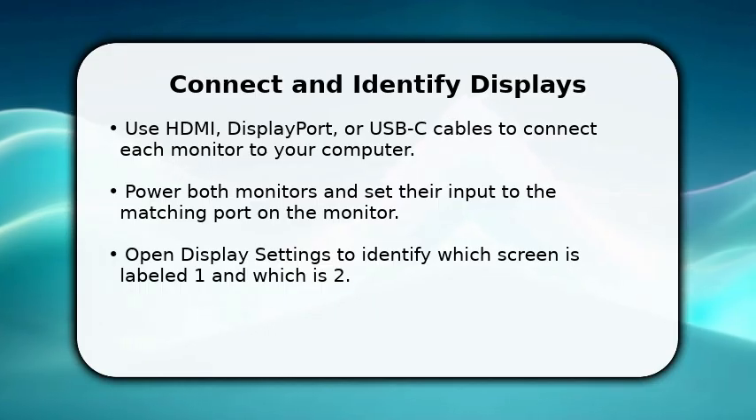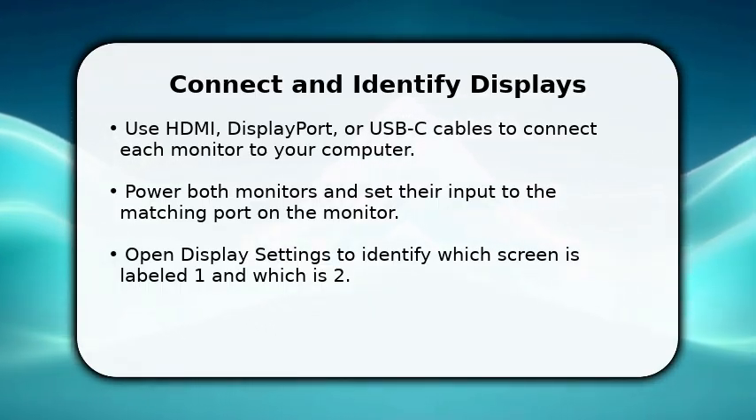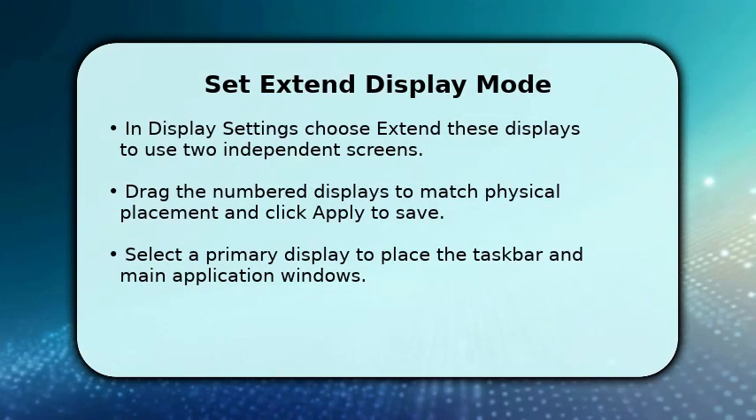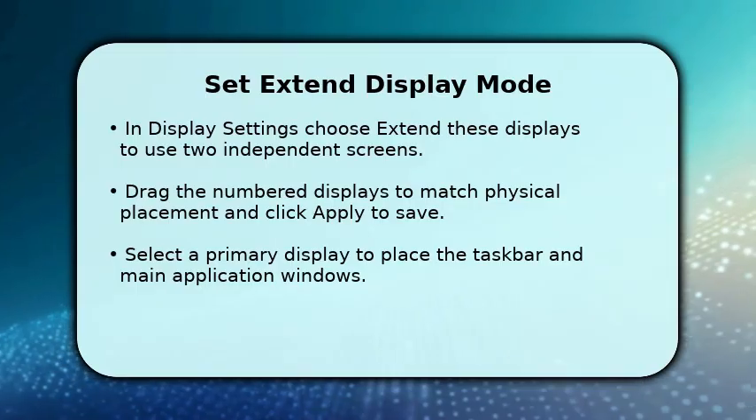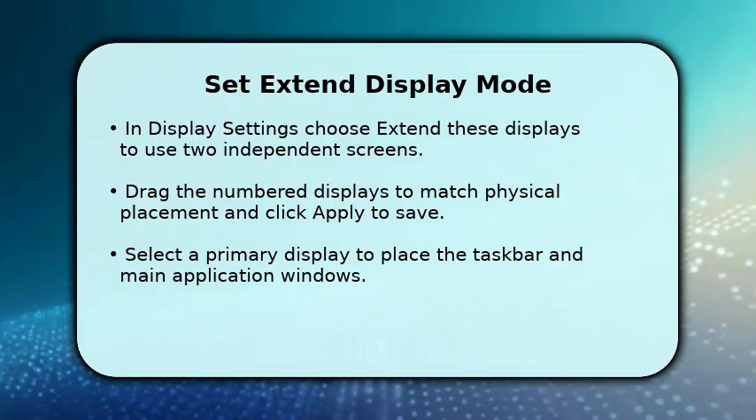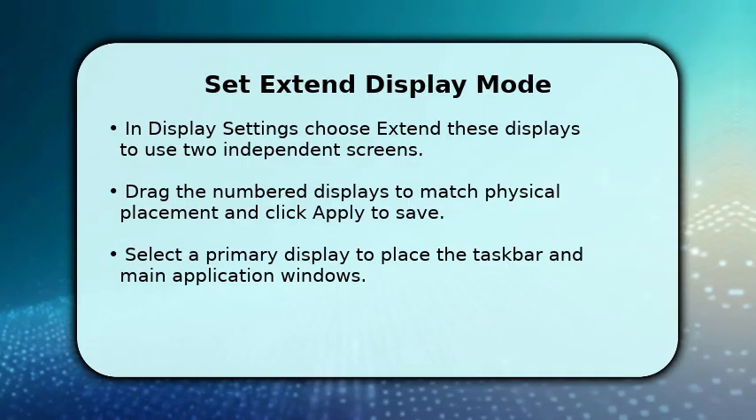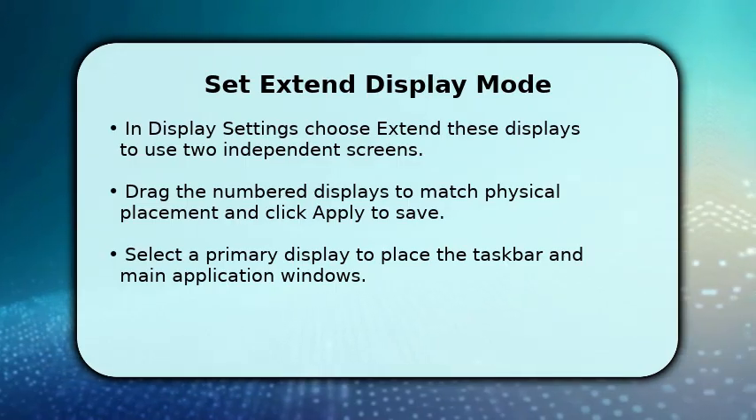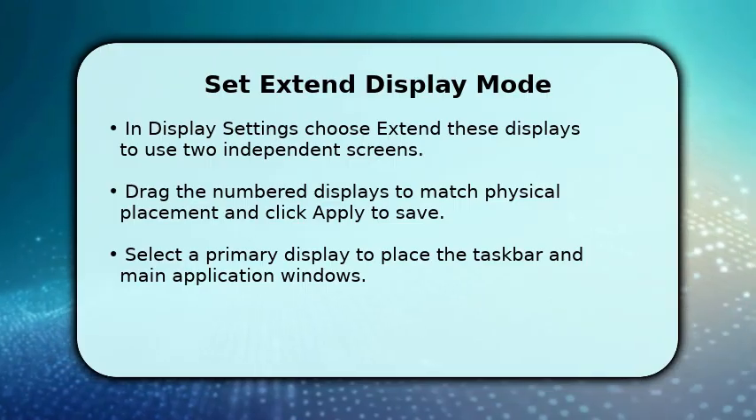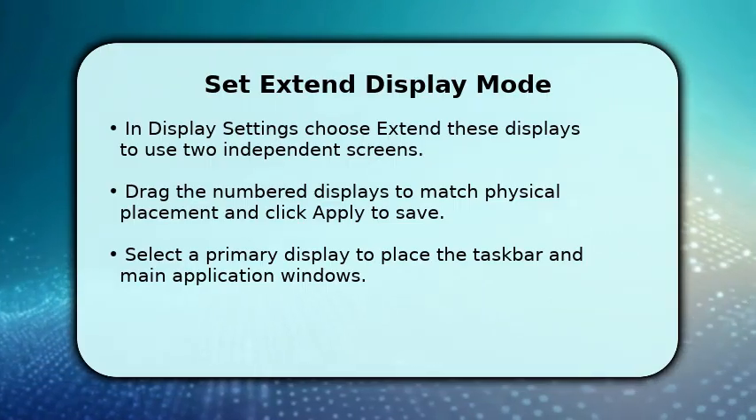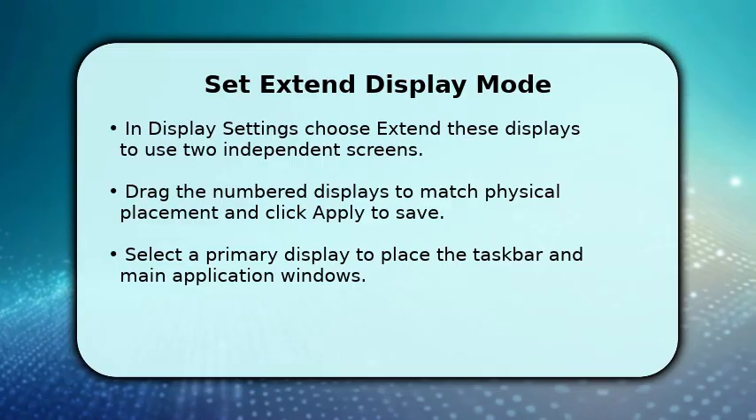Open Display Settings now to identify which screen is labeled 1 and which is 2 for arrangement. Open Display Settings and locate the Multiple Displays drop-down menu. Choose Extend these displays to use 2 independent screens and not duplicate. Drag the numbered displays on screen to match their physical placement on your desk. Click Apply so Windows saves the layout and resolution settings like